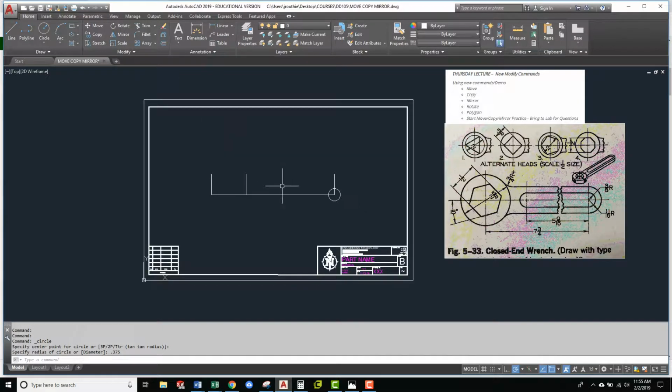So rather than have to try and draw another one at this intersection point, what I'm going to do is go to the copy command. Again, we're back to that select objects. I'm going to use that window to capture that circle. I could also use this window. When I hit enter, because that's the only object that I want to copy, you'll notice down here it says